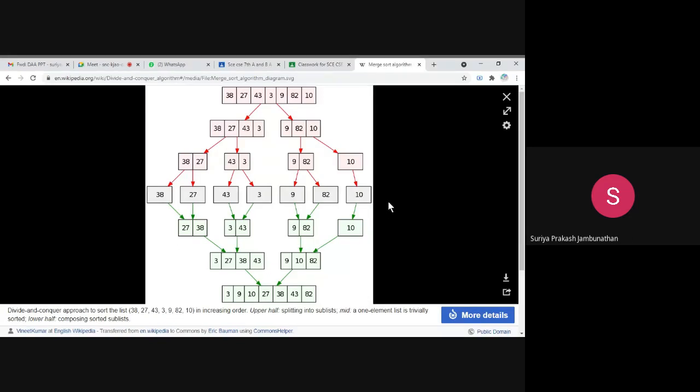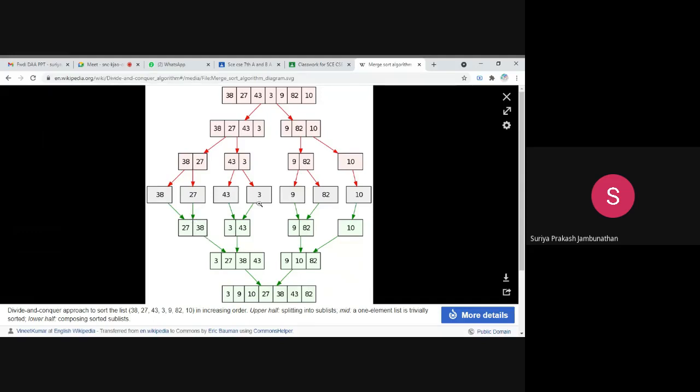Now further, what we are doing is conquering. Until this we divided, now we are conquering. Conquering means we are joining the elements. For joining the elements, we just have to compare the values, whether greater than or less than. The lesser value has to come first and the greater value has to go second. We have to make the list in incremental order. Keep in mind, while joining the lists, you have to put the least value at the start and the greater element next. That is the idea you have to follow.